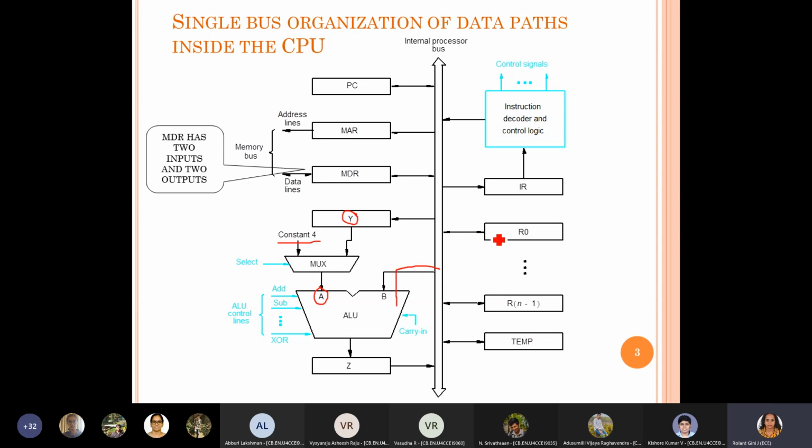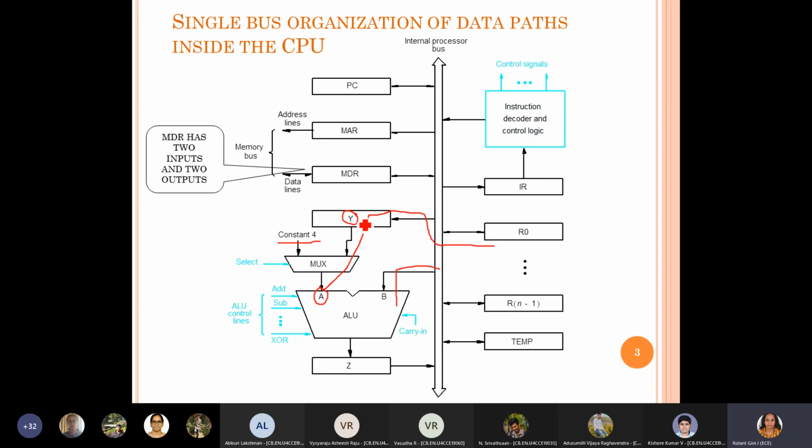So R1 value we take it and store it in Y register, and through Y register we give it to input A. And there is only one processor bus, so only one data can be enabled at a time.